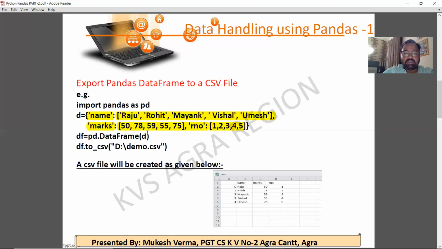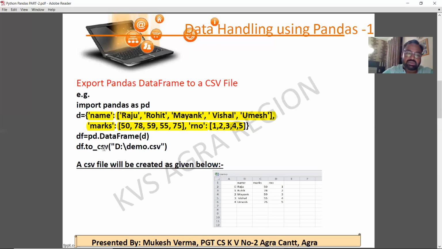Now d is passed into the data frame which is created as df. df equals pd dot DataFrame, and as a parameter we have simply passed the dictionary d. Now the data frame is created with values from the dictionary. Now what we should do is use the to underscore csv function.